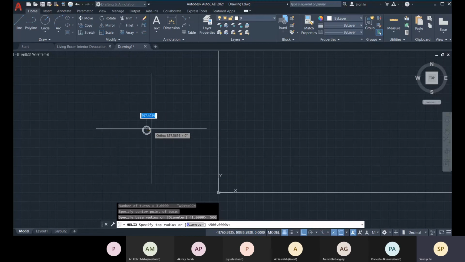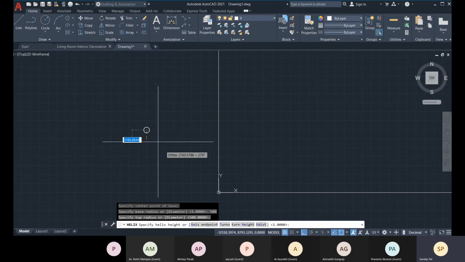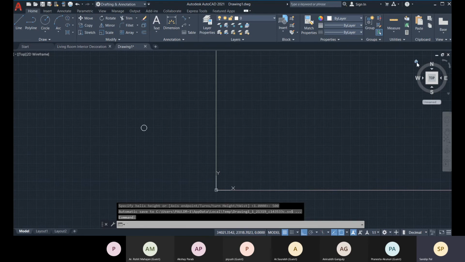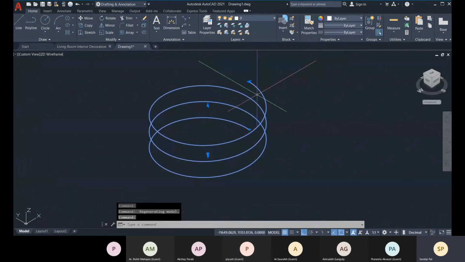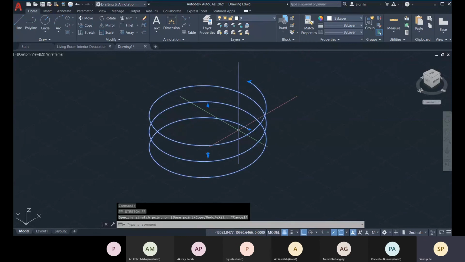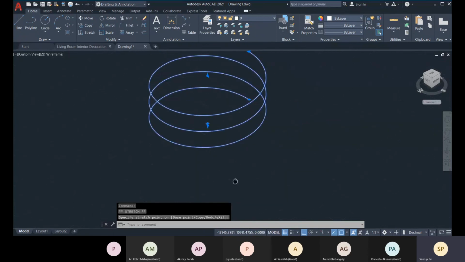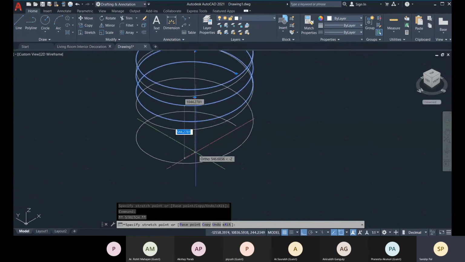If your top radius is the same, it will match, so you can just press enter, and then you can define the height. Let me define the height as again 500 only. Okay, and let me show you in 3D. Here you can see. Even after that, if you need to change, you can change with these options. These are called grip points. With these grip points, you can move it. You can drag it, which means you can change the height.